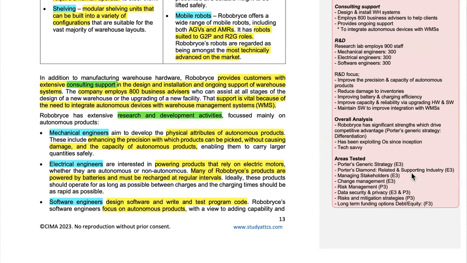And we rely on third-party IT service providers, especially when it comes to integrating the devices which we have manufactured with the WMSs used by our clients. So likewise, we have to be conversant about how these related and supporting industries are affecting the way in which we run our business. Definitely, since we are dealing with a lot of stakeholders, we have a manufacturing facility in